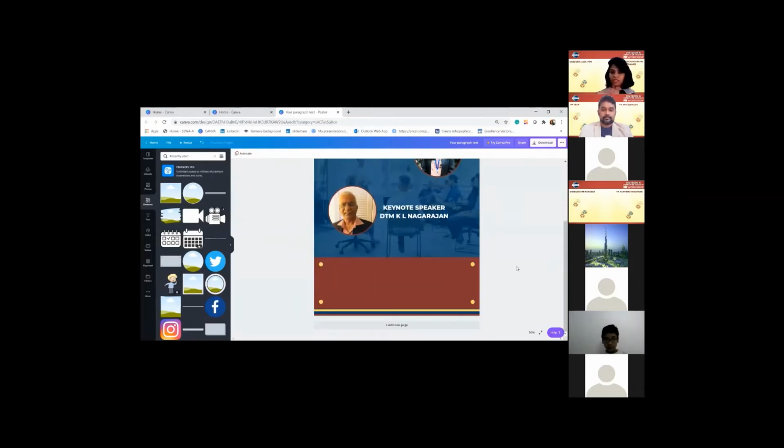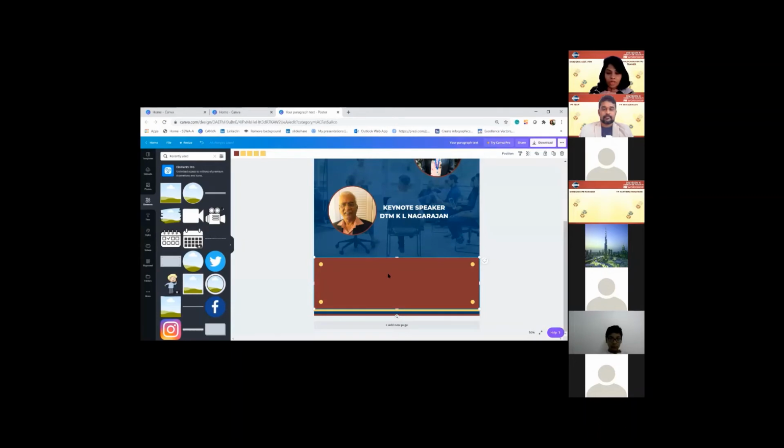So do you see it has covered the entire poster? It gives a different dimension. There are two contrasting colors. So when you post such kind of posters, you can see all the information and it highlights the contact details, zoom details, all that can be seen. Okay, now let's enter the zoom details.